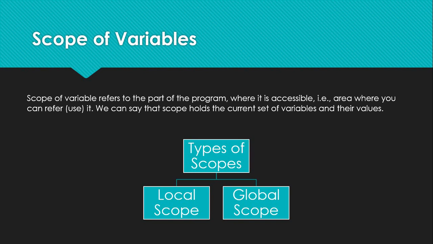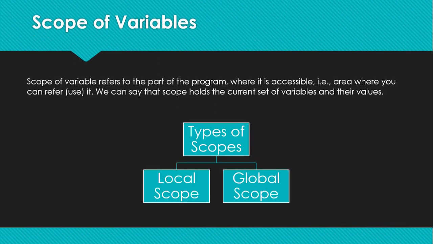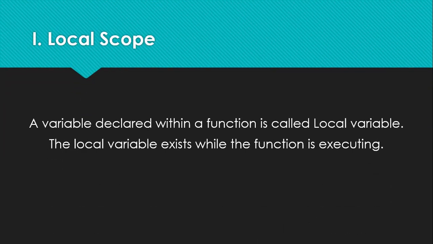There are two major types of scopes in Python. They are local scope variables and global scope variables. As the very word sounds, local scope variables are those variables which are within the function. When you declare a function and use a block of code in it, you may use a lot of variables within that function, and those variables are called local variables. These local variables exist while the function is executing. Once the function has executed, these local variables cease to exist.